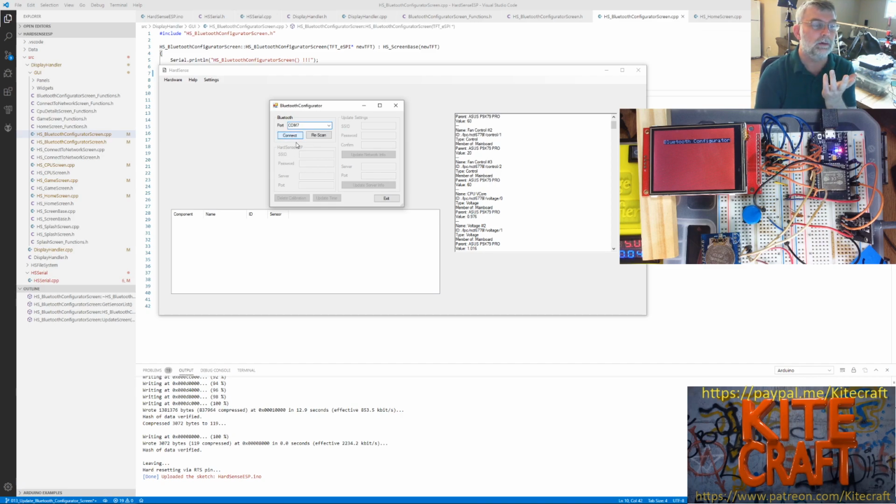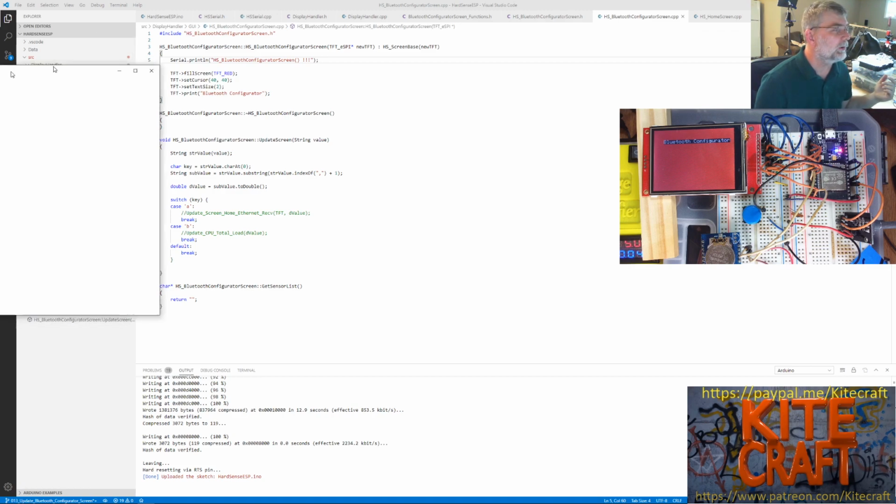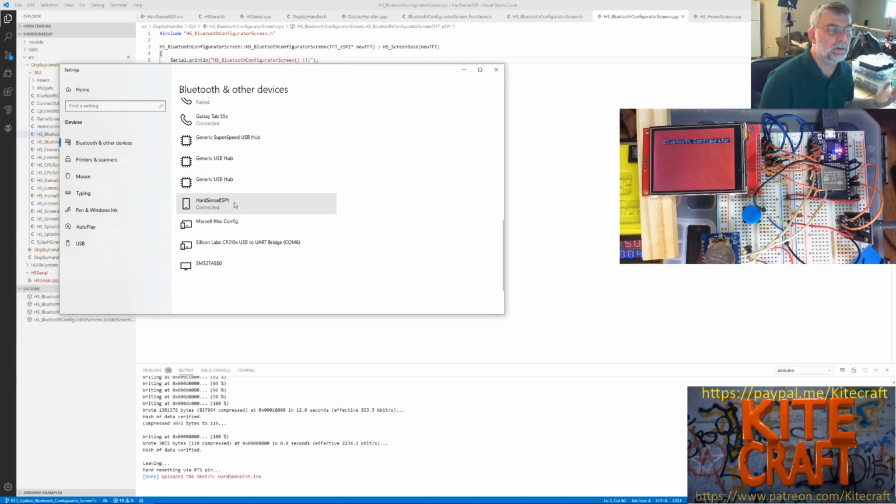In fact, if we just connect, there. I also want to have this, if you look below, I should have the state of this saying, is it connected? And what's it connected as? Because, neat thing, this is another variable I actually wanted to add. So check this out. It's connected to Bluetooth. Where can I do that? Bluetooth and other device settings. Where are you, little bad boy? There it is. Oh, I gotta change the name of it. If I look at my computer, it's connected as HardSenseESP1